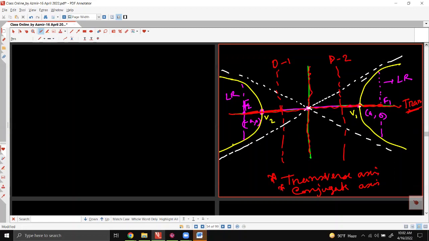Now, let us come to the point B. We have x squared over a squared minus y squared over b squared equals 1. So we have found where we have a. So this is a comma 0. This is minus a comma 0. Similarly, we can think about now b. So b will be,